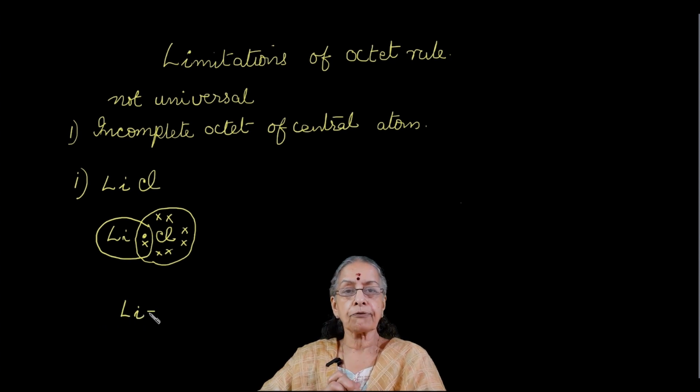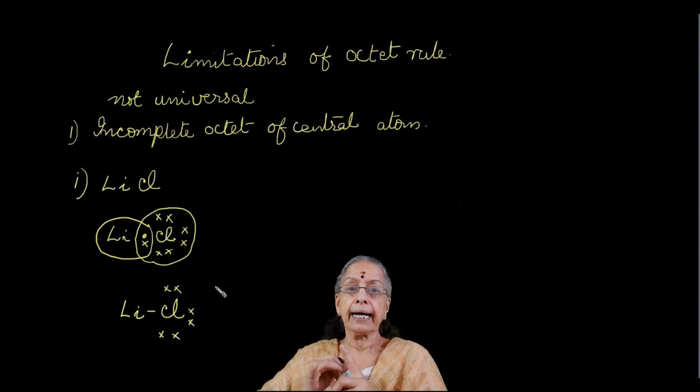Now, after the bond formation, how many electrons are there in lithium? There are only 2 electrons. 1 electron of lithium and the other electron of chlorine. So, the octet is not completed. It is a case of incomplete octet. Example number 2, beryllium hydride,